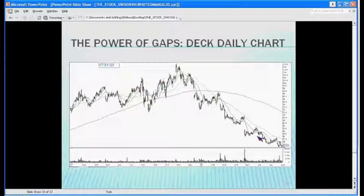And here's an example. I'm going to show you 2 examples of longer-term charts so you can get an idea with these. These are so nice. This was a bullish gap that happened here in October of 2011. Gapped up, broke out, huge green solid bar, broke out to new highs. Then what happened? Topping tail the next day, no big deal. Gap down right here. This is the first gap down of this move, and